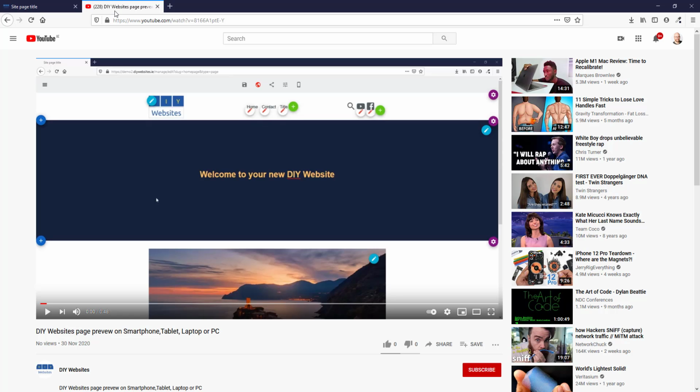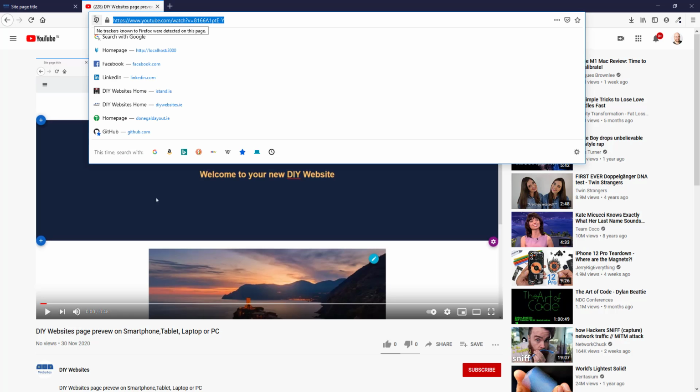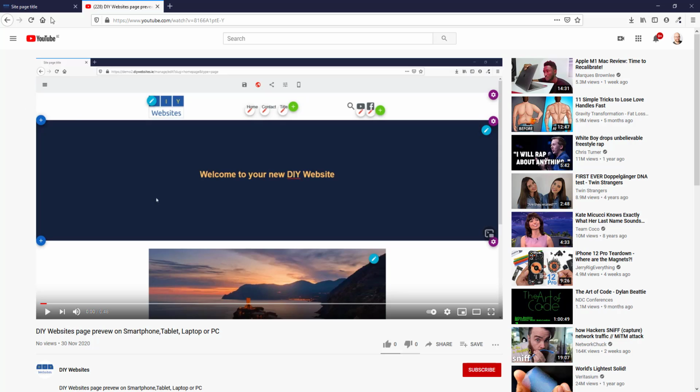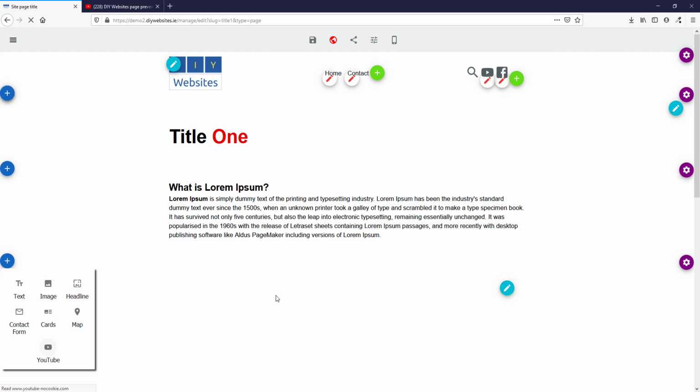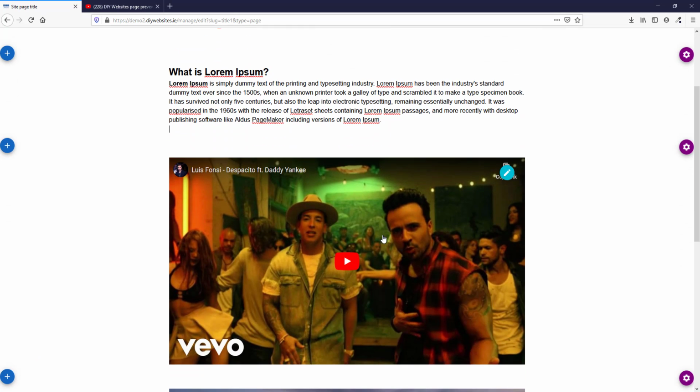Now I'll go to YouTube and copy the URL from the video that I'd like to add to my page. Go back to the page, and I'd like to insert the video just below the text. So I will use that plus sign here. YouTube, just select YouTube component, and it's coming with a default video, but I will use the pencil button here